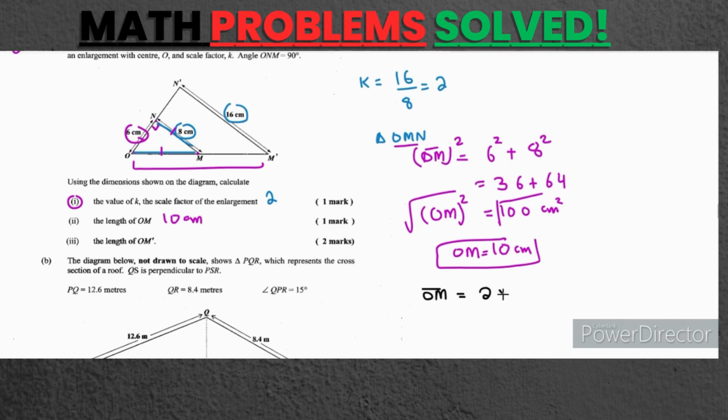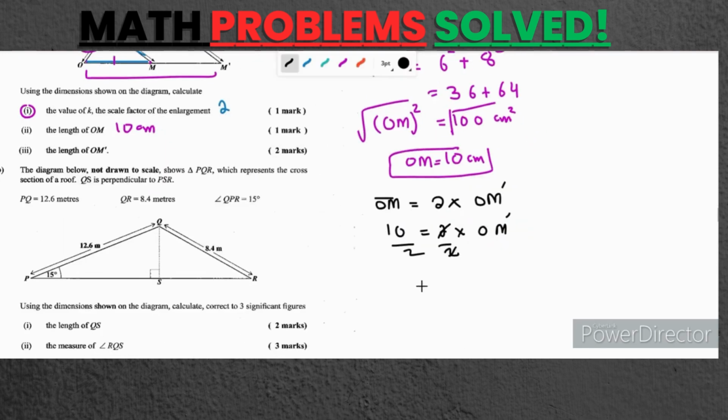What is OM? OM is already known to us. That is 10, which equals 2 times OM prime, right? If we divide both sides by 2, these 2 cancel out, and 10 divided by 2 is just 5, right? So OM